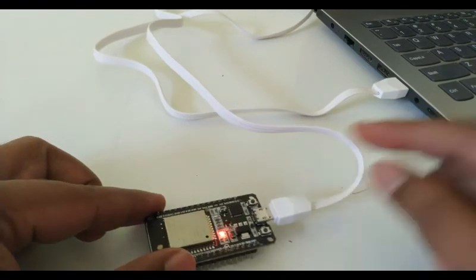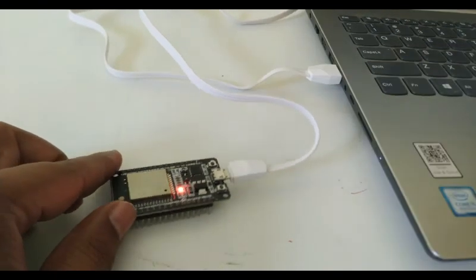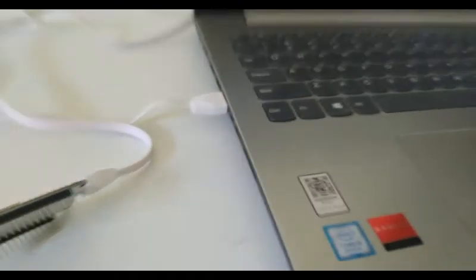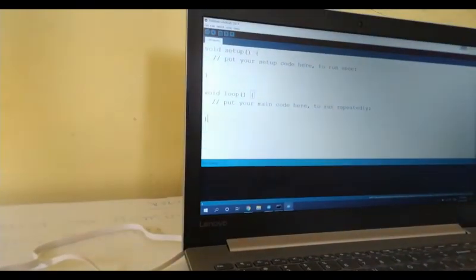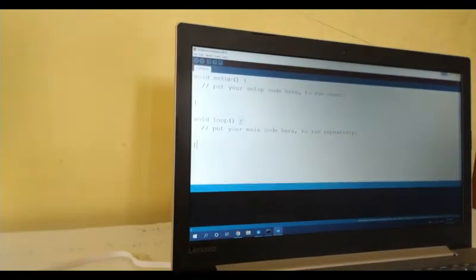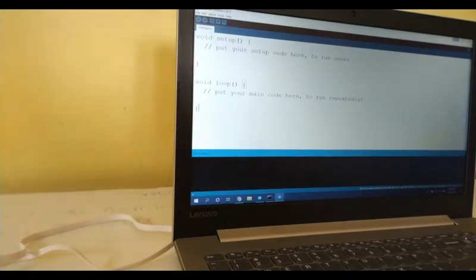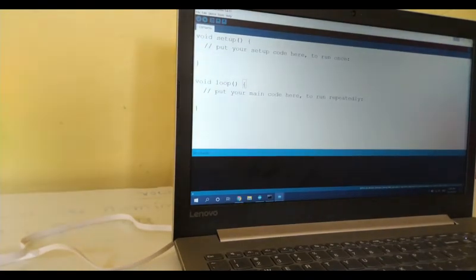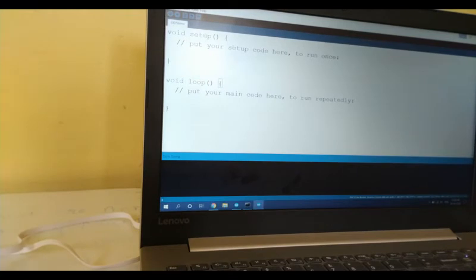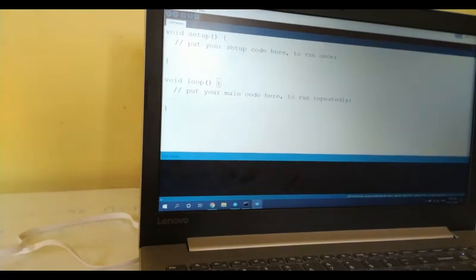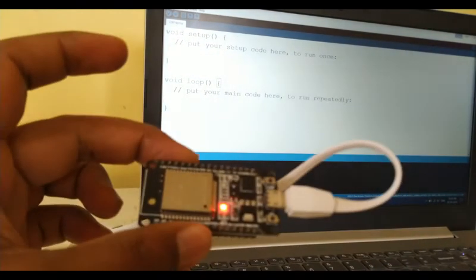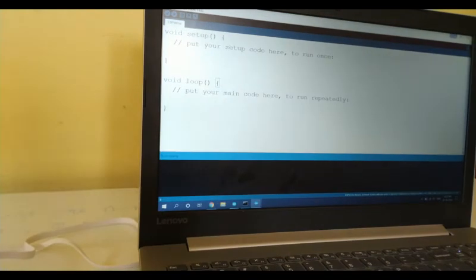Okay. And one thing you need to remember is, let me focus the camera to my Arduino IDE. Hope you can see. Yes. The one more thing we need to remember is, our Arduino IDE by default does not support this ESP32 development board. We need to install the ESP32 related things separately.